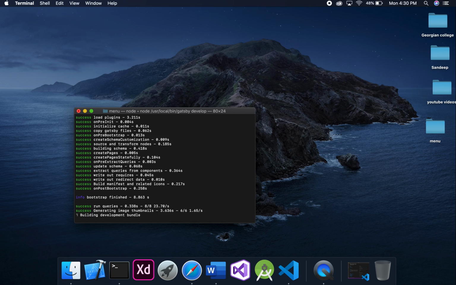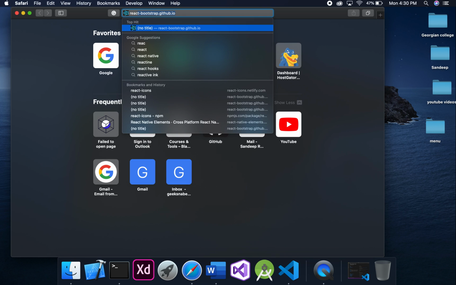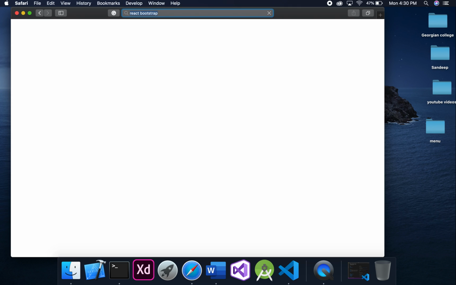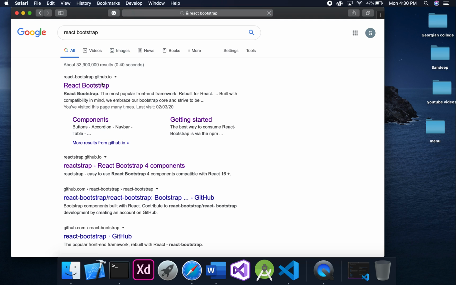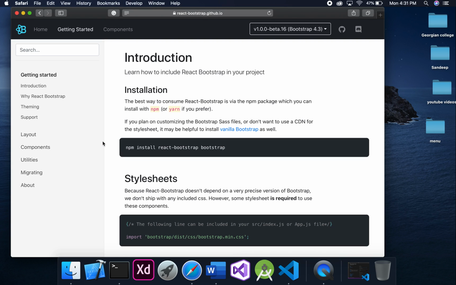And to create the navigation bar, we are going to use one of the React UI libraries, that's React-Bootstrap. So go to your browser and type React-Bootstrap, and this page shows how to install this in our project. So here you can see, right? So copy this,